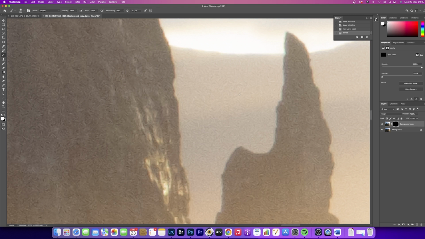And I'm just making my brush a little bit smaller here by using the bracket keys. And now I can just brush that chromatic aberration, look, just out of the sides. And it won't affect the color in any other part of the picture. And it can deal with some very complex